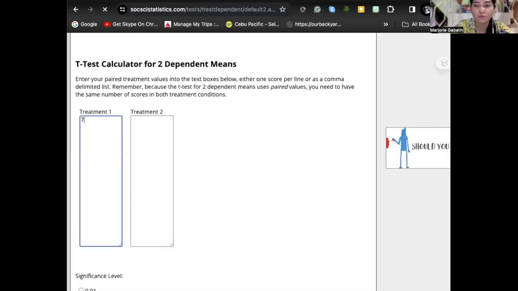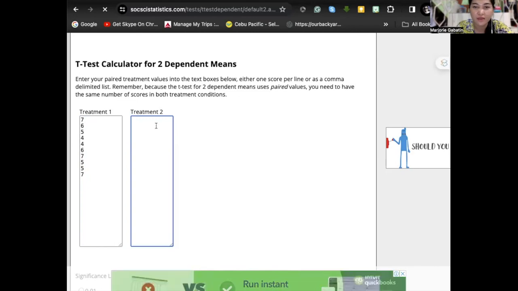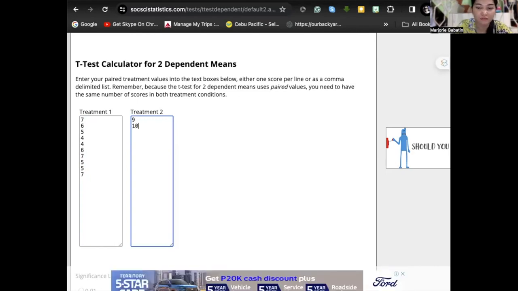Before, we have the scores 7, 6, 5, 4, 4, 6, 7, 5, 5, 7. This one is the result before the tutorial. Then this one is the treatment after the tutorial, the intervention that the teacher did. These are now the results: 9, 6, 8, 7.